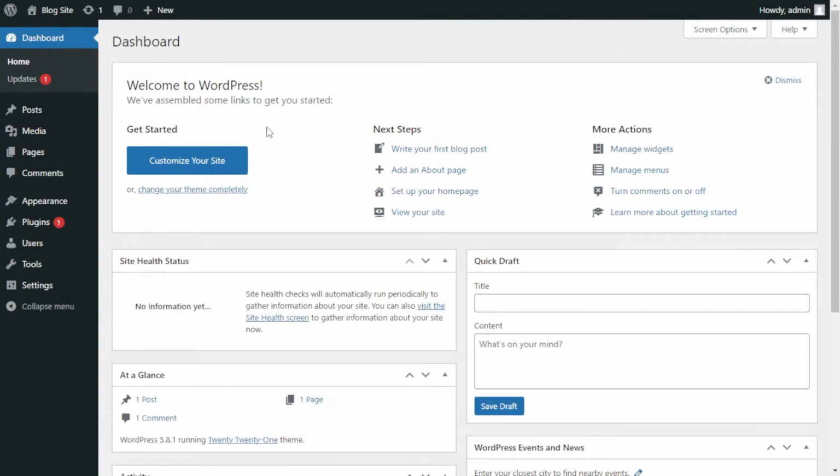So now let's move to our WordPress dashboard. You can visit the dashboard by adding /login at the end of your website address. So this is our dashboard, and from here you can control each and every element of your website. Let us see how our current website looks. Go here and click on visit site.